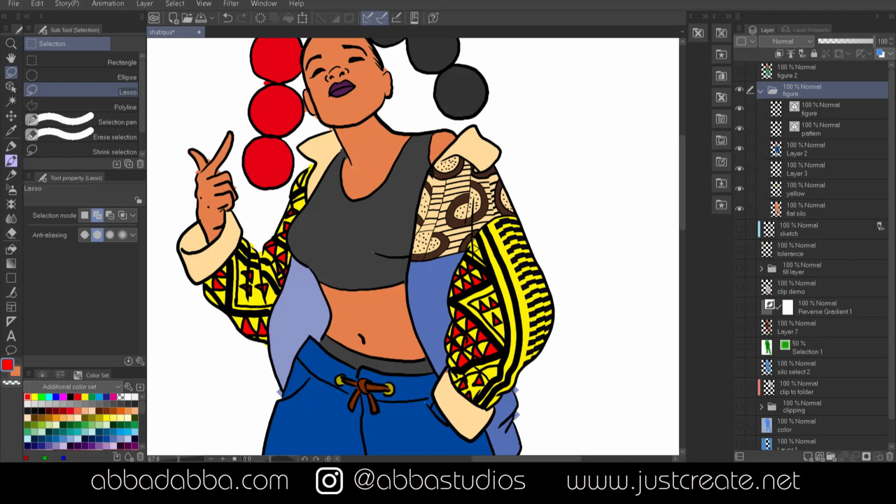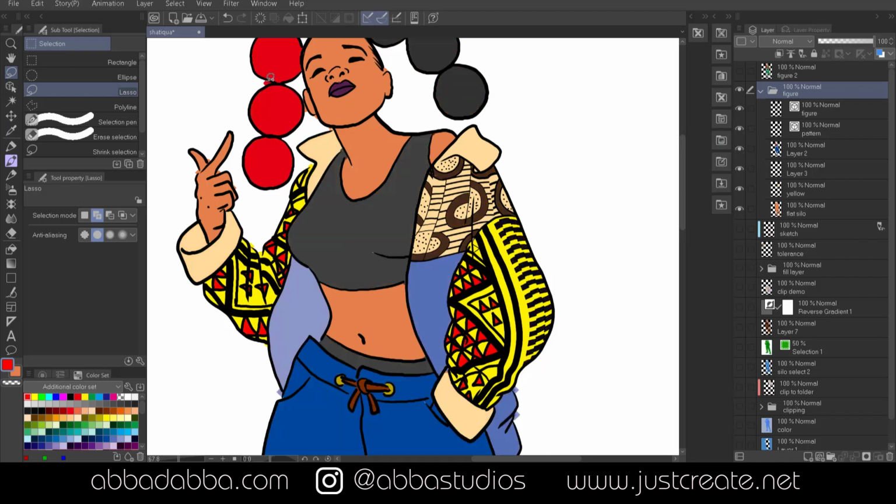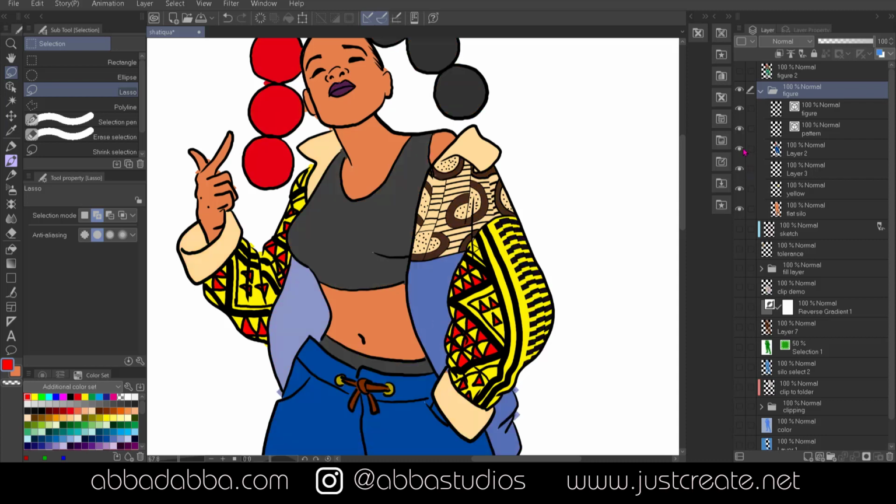As with all art, traditional or digital, there's going to be some cleanup or touch-up involved. And I haven't been doing it as I've been going along. Well, I have been doing it a little. This gives me opportunity again to show you the power of the layer folders. I have everything in my layers, all the layers in a folder, and you can see they all have things that need to be touched up in the same spot. So rather than going through each separate layer, I'm going to use the power of the layer folder to go